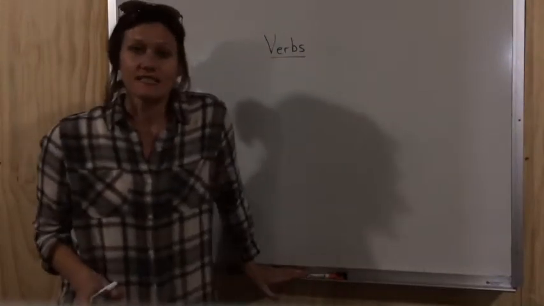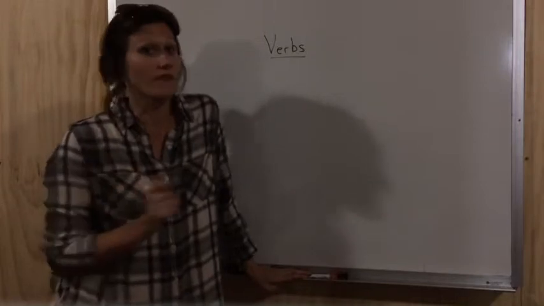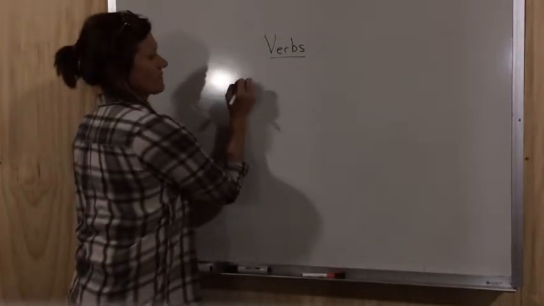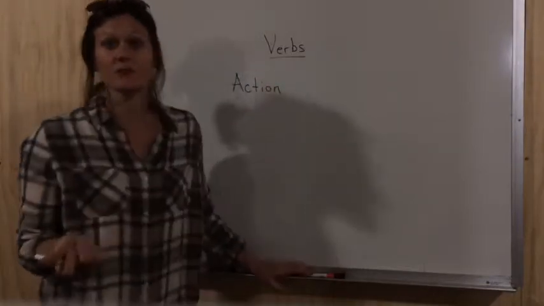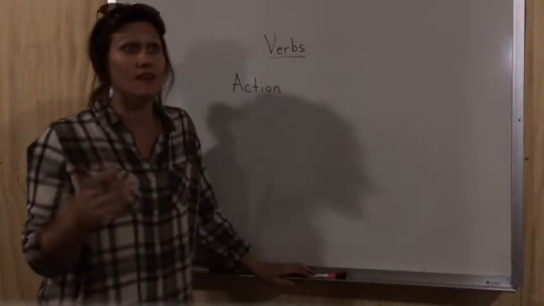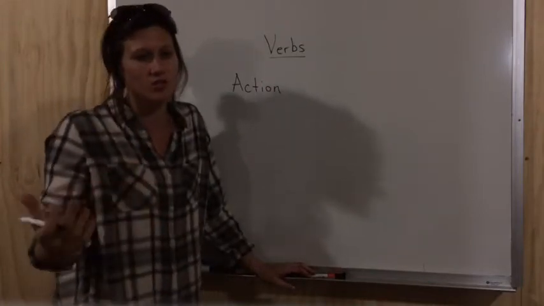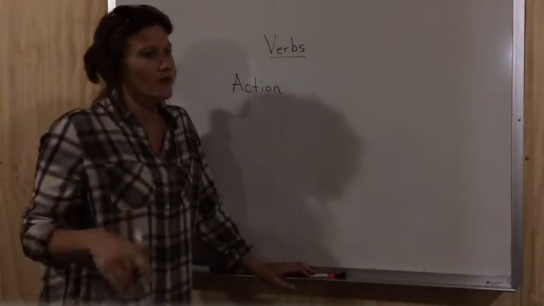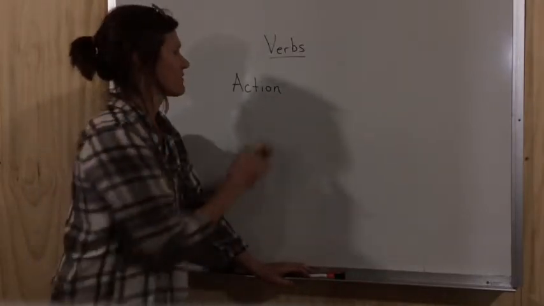Okay, so we're going to look at some different kinds of verbs that we've talked about before, but I just wanted to do a review. First, let's talk about action verbs. Action verbs are like running, breathing, thinking. Remember, they don't have to be a big action, just something that you can do, like sitting. That's not very active, but it's an action verb.